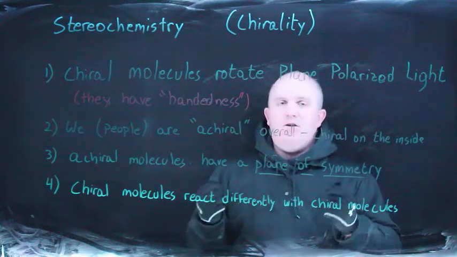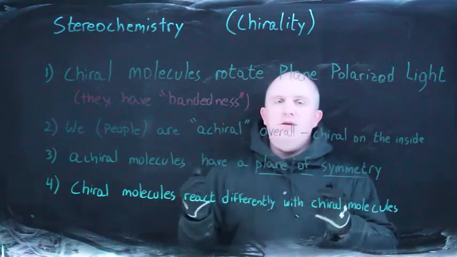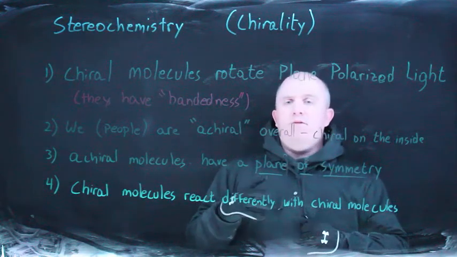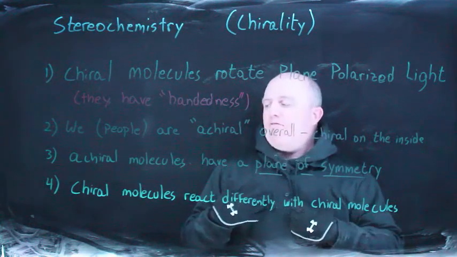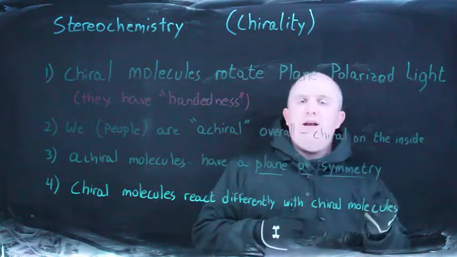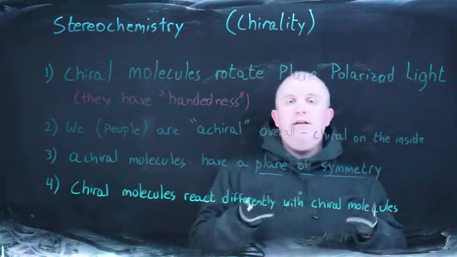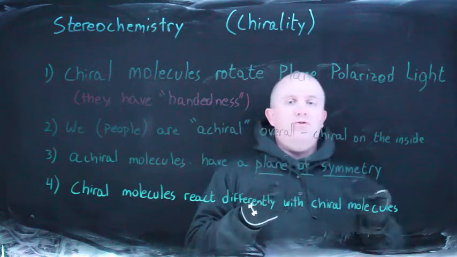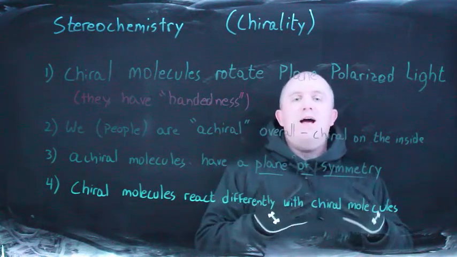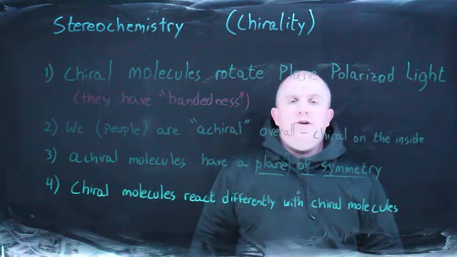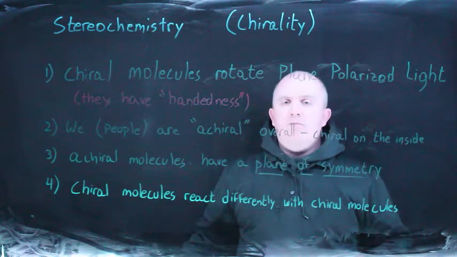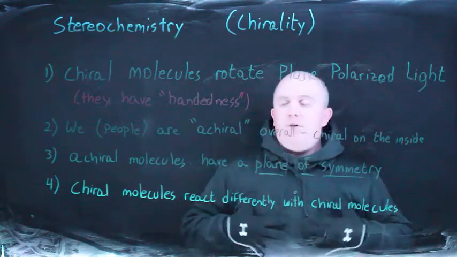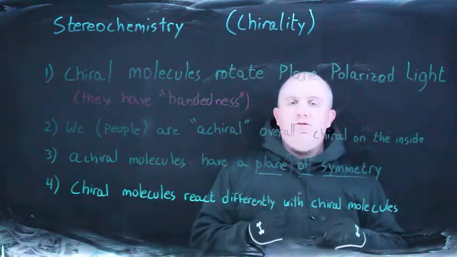Aspartame, one of the main artificial sweeteners in soft drinks and so on, is actually a molecule that uses the unnatural amino acids. So if you would describe the amino acids that your proteins normally have as being left-handed, then aspartame uses the right-handed version of the amino acid. And what that means is your body doesn't recognize it as food. So when you eat aspartame, your body just passes it right through the digestive system and it doesn't register as useful calories. Achiral molecules can react with chiral molecules well, but chiral molecules react differently with other chiral molecules. So the reason why we care about all of this is because of the way our bodies process chiral molecules and the way chiral molecules are going to interact with each other.